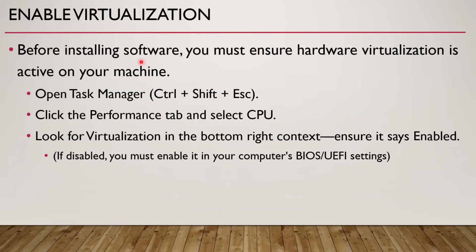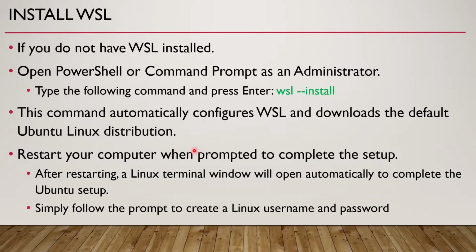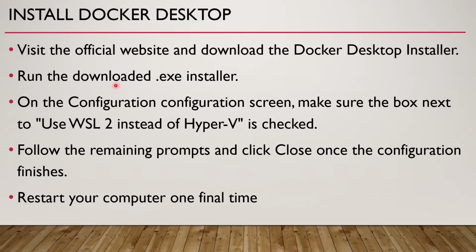Before installing the software, we need to enable virtualization on our desktop computer. This is the procedure for that. And then we install the Windows Subsystem for Linux. For this, we just open the command prompt or PowerShell in administrator mode and run this command. We may need to restart our computer. Followed by this, we can